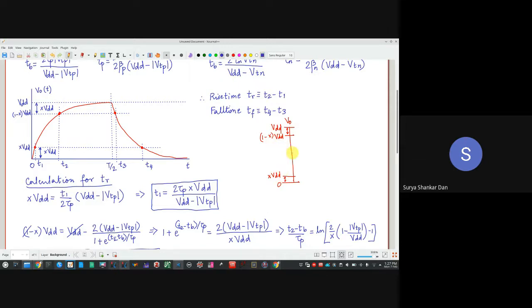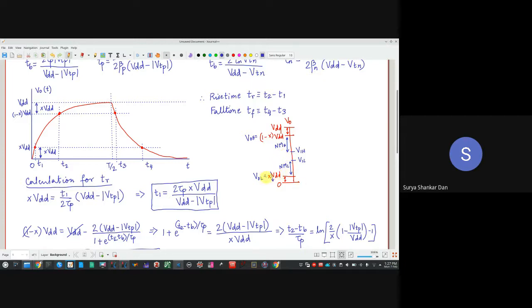Noise margin has to go with the VI value. So this is going to be your VIH, VIL. So if you are reducing this XVDD, what happens to your noise margin? This XVDD we can basically refer to as VOL, and this 1 minus XVDD I can refer to as VOH. So VOH minus VIH is essentially your noise margin high. This is your noise margin low.